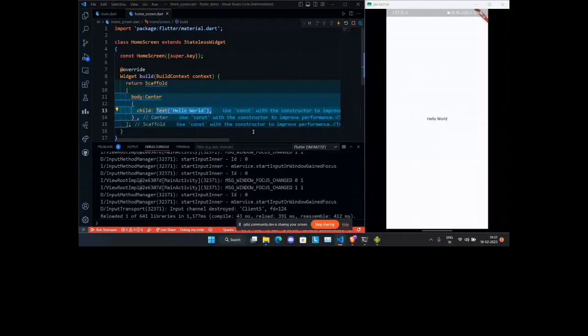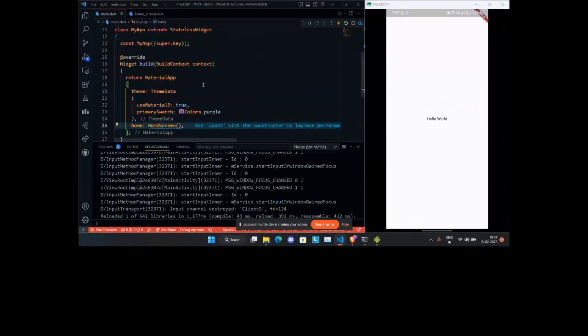We don't really have to edit any other XML files or any CSS files. We don't have to do any of that. Now coming back to the question, what is statelessness? As you can see